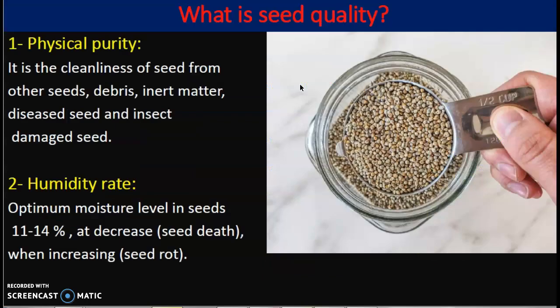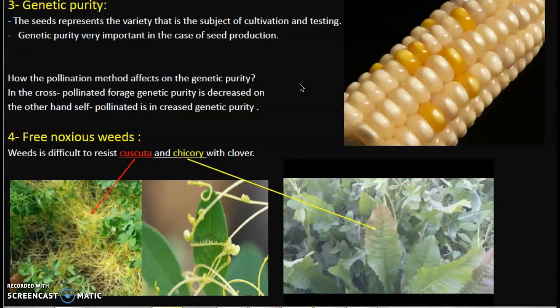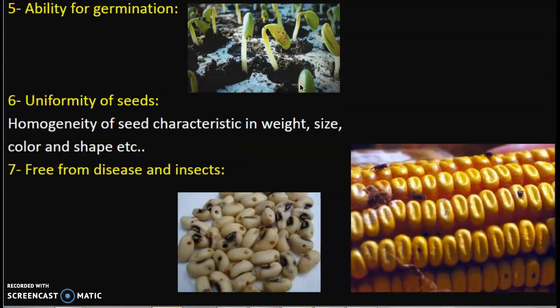And what is seed quality? The first point is physical purity, the second is humidity rates, the third is genetic purity, and the fourth is free from noxious seeds. The fifth is ability for germination, the sixth is uniformity of the seeds, and the seventh is free from